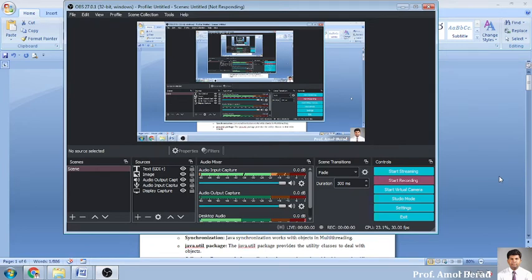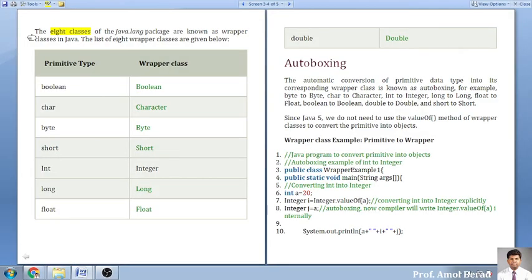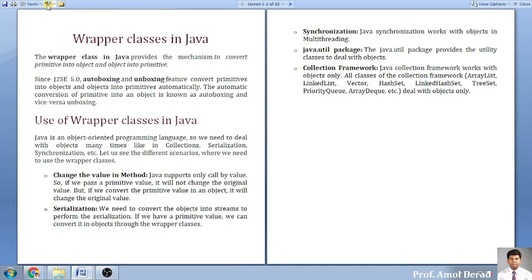Okay. Today's basic thing that we need to understand is a special type of classes that we call wrapper classes. Now, what exactly are wrapper classes? This is a question asked in interviews. What are wrapper classes? See, in Java, wrapper classes are the mechanism